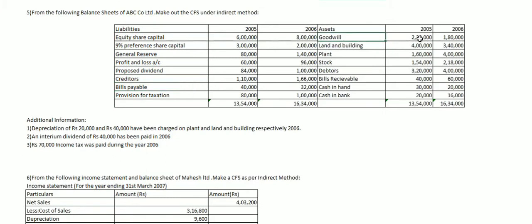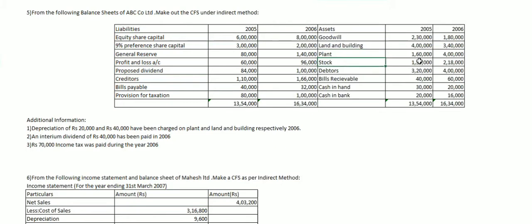So goodwill has decreased, so goodwill written off, which is a non-cash expense, so you will add it in your net profits. Land and building has decreased, which means it has been sold out or something, so you will prepare a ledger account to see how it is sold out. Plant 1,60,000 was last year, the current year it is 44 lakhs, so which means plant has increased, so which means you have bought something in plant. So if it increases, you have bought something. If it decreases in your fixed assets, you have sold something.